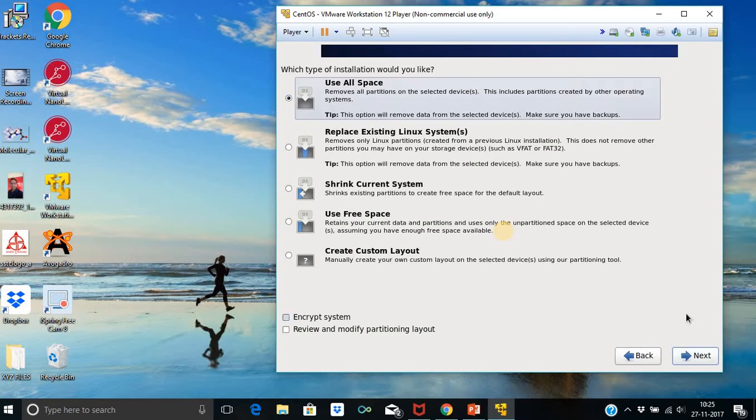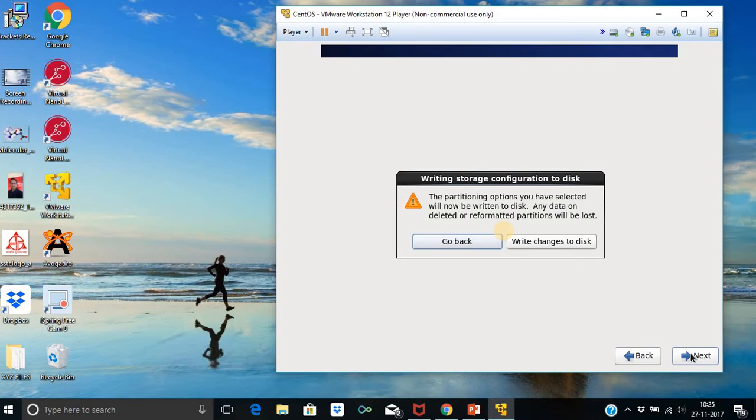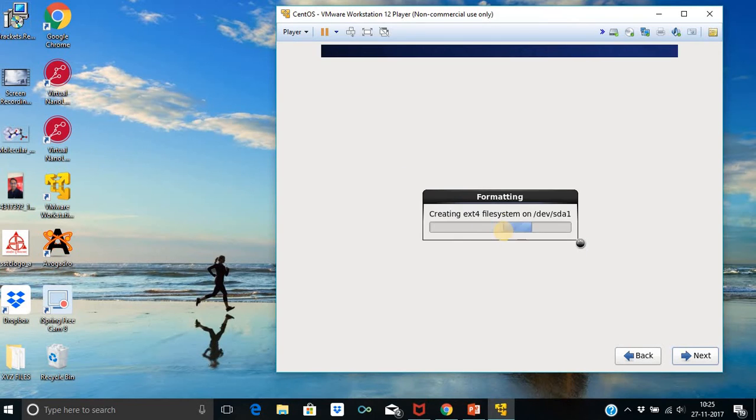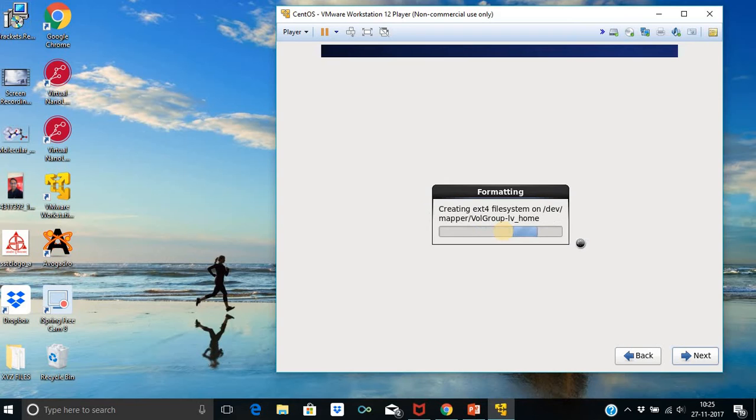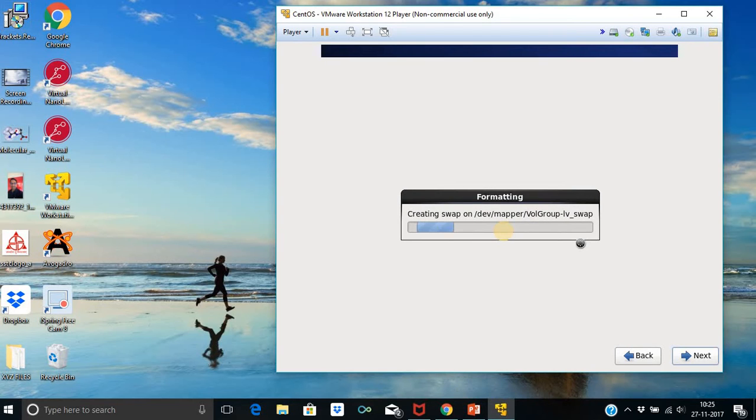I'm using the complete 100 GB. Now the partition will be given by this installation process itself. The partition is being created here.